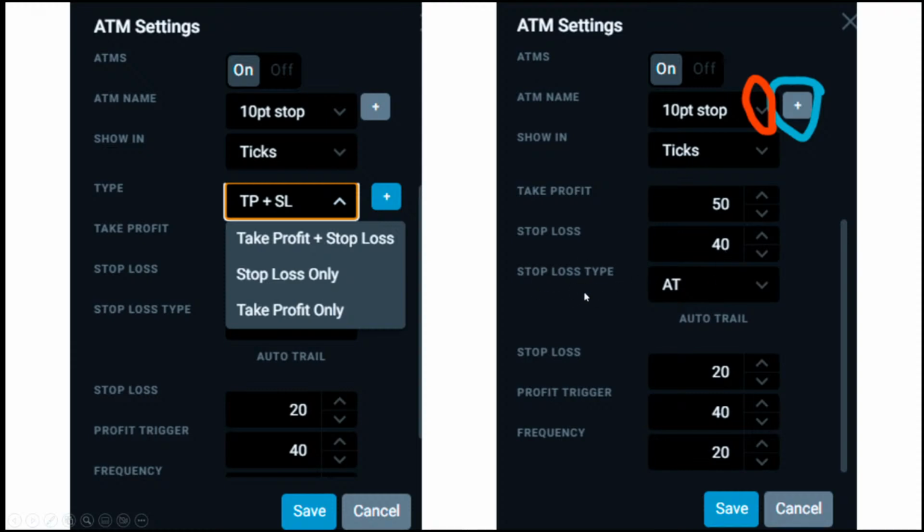So that's what I was talking about before with the auto break even, the auto trail, all those things. You can set an auto trail and an auto break even. I just set an auto trail for mine. I'm usually not in a play long enough, or I don't want to be stopped out that quick. I want to let it run a little bit. So essentially my frequency and my stop here is at 20 ticks, so 10 points. And then you have the other one here, 5 points. And then you have the other one here, 40 ticks for the profit trigger, so when it actually triggers. So that's kind of how you go about setting them.